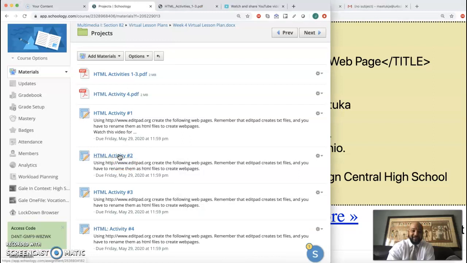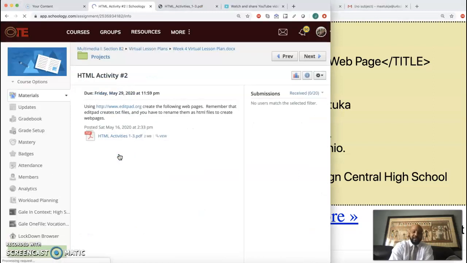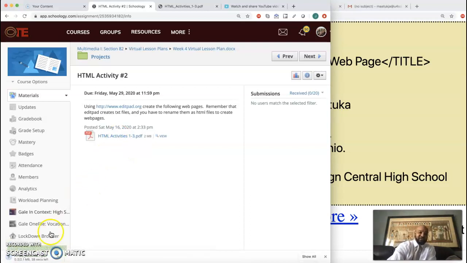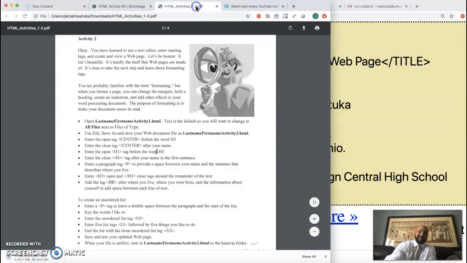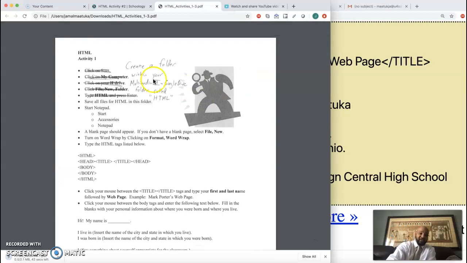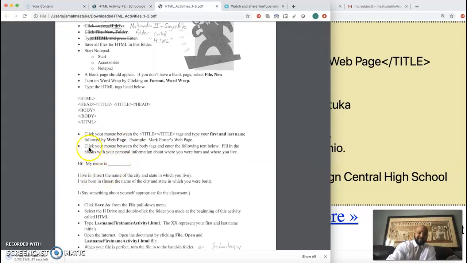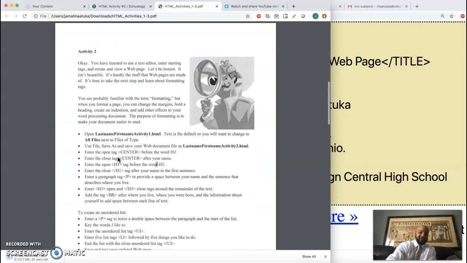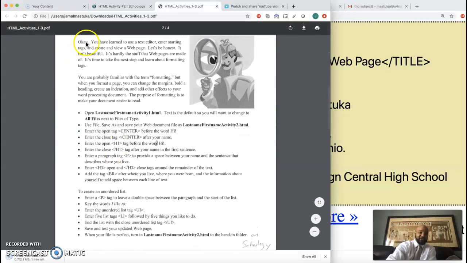So let's go to HTML activity 2. When we get to activity 2, we're going to click on our instructions. Our instructions are downloaded. When you click on the download, it's just going to give you this page. We were on page 1. We ignored this information here. We typed in this code. We typed in this text. And we ended up with the page we had. So now activity 2